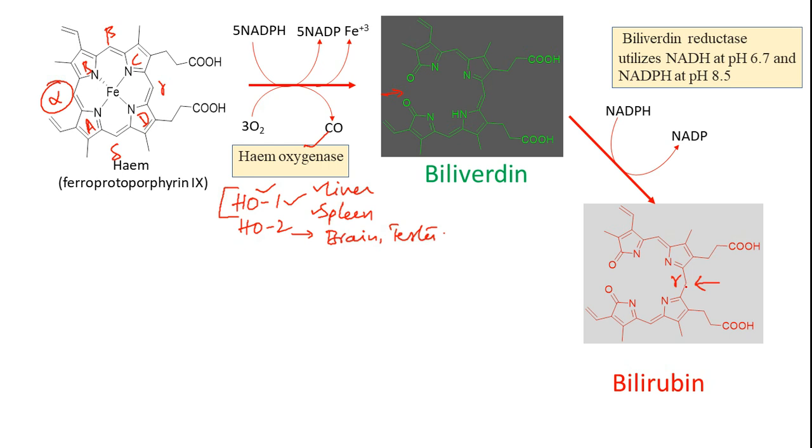And here this is what breaks the conjugation, and this may be the reason why the color is changing from green to red. Okay, so now bilirubin has some biological significance. So here you can see 1 carboxylic acid unit here and 1 carboxylic acid unit here, and here we have polar functional groups, here also polar functional groups are there, but still bilirubin is highly lipophilic in nature.